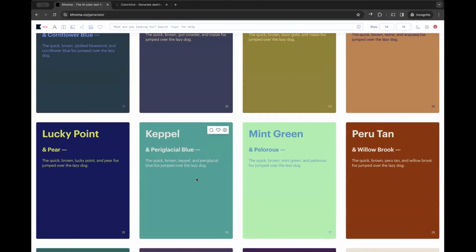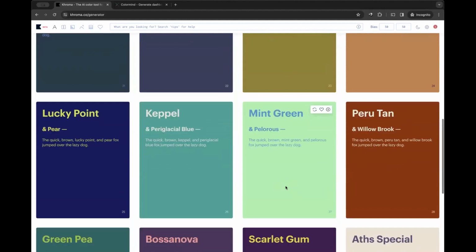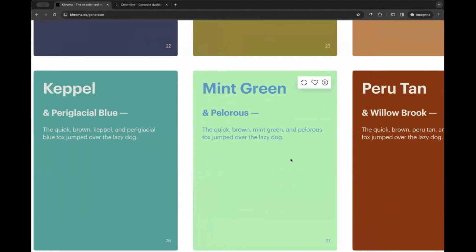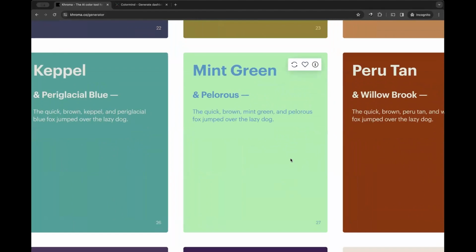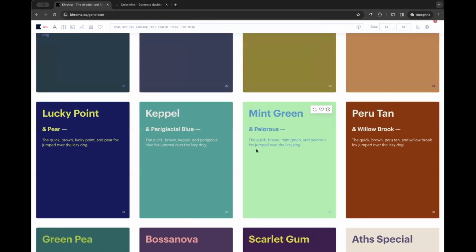So merely looking at this mint green, right, I can say, for example, it has a very bad contrast because from afar, I might not really see what the text is. It's a very bad contrast. And how would you know that? I'll show you here. If you mouse over each card, they're called cards, you can see.